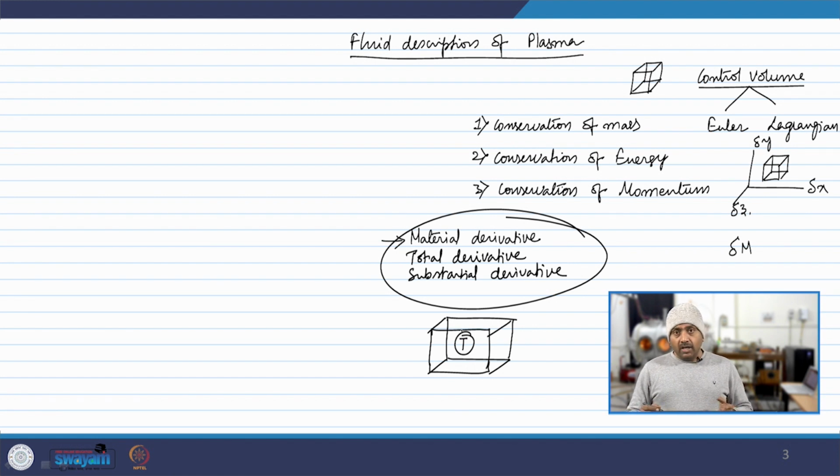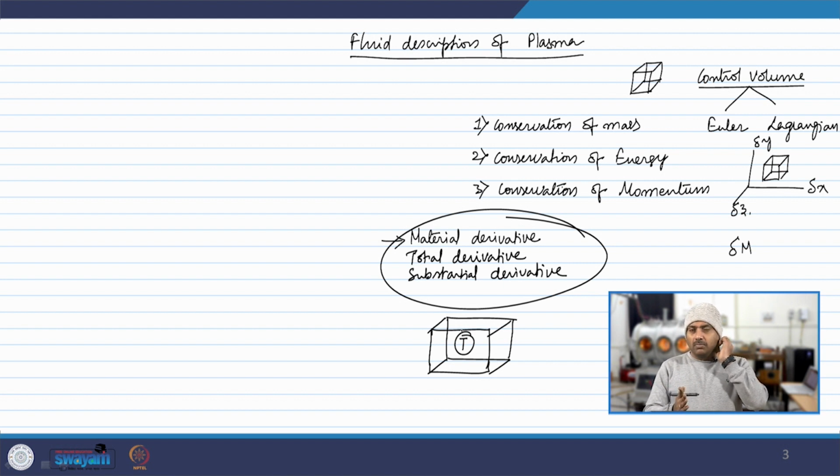The second type of variation is that, let us say the control volume itself is moving. Now, as it is moving to a colder place, what happens? It will start telling you a different value of temperature, right. So, in order to account for both these variations, variations with respect to the changes in position as well as variations with respect to time, these two things have to be separated.